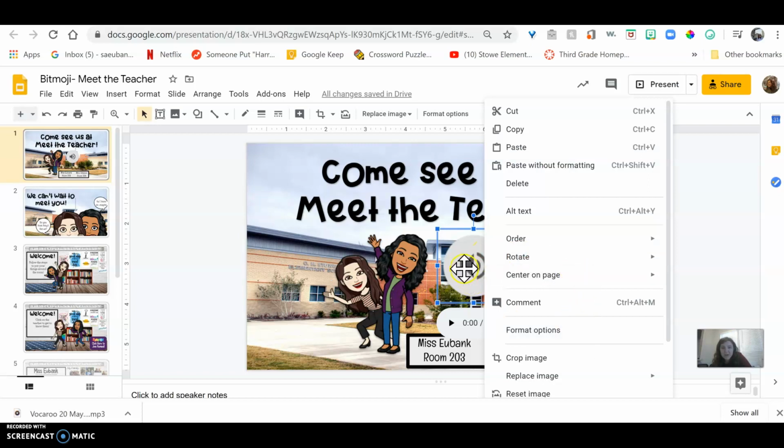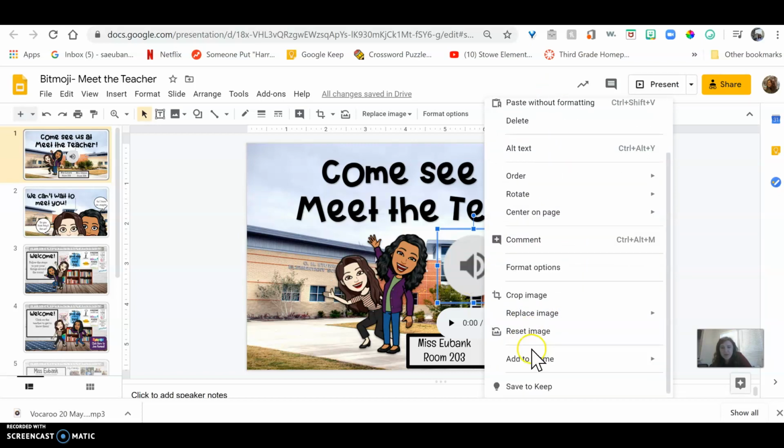So what you need to do is right click, and it comes up with all of these options. So come over here to replace image, and you can do it by a bunch of different ways. If you have a picture in your drive you already want to use, if you have photos, camera, you can just search the web, whatever you want to do. What I like to do with Bitmoji, because this is the easiest way for me at least, is I like to come up here to my Bitmoji,